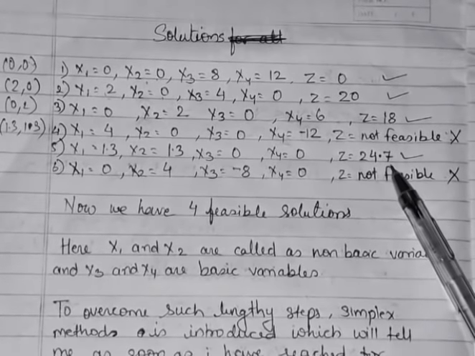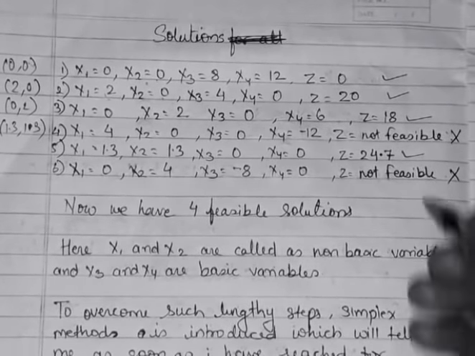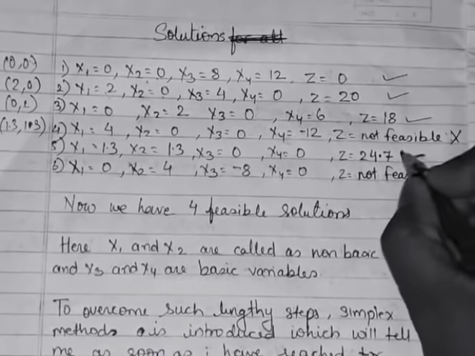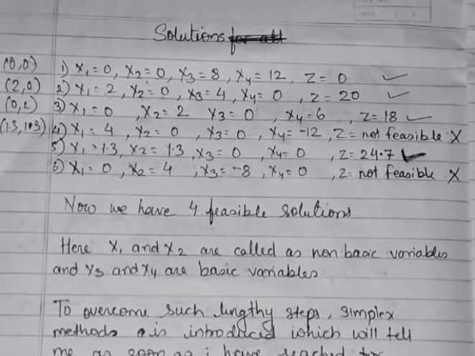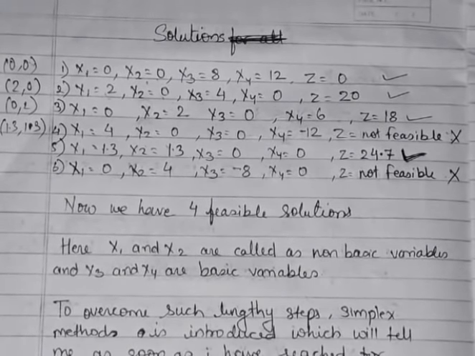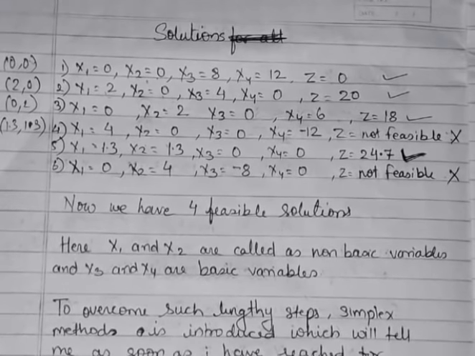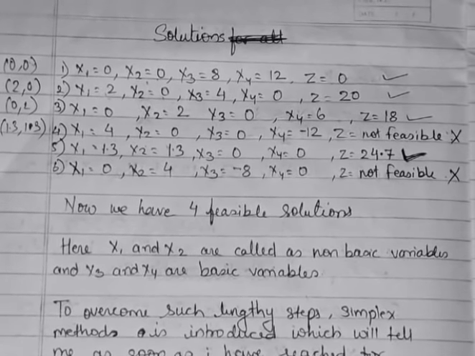After these 6 answers, we calculate the objective function for each, and the maximum Z value will give me the optimum solution, right? So here you can see the value is 24.7, the same as we got in the graphical method, and the values of x1 and x2 are 1.3, 1.3, right? So both are interrelated or designed in the same way. In this way, the algebraic method can be used to solve problems with more than two variables in linear programming formulations.